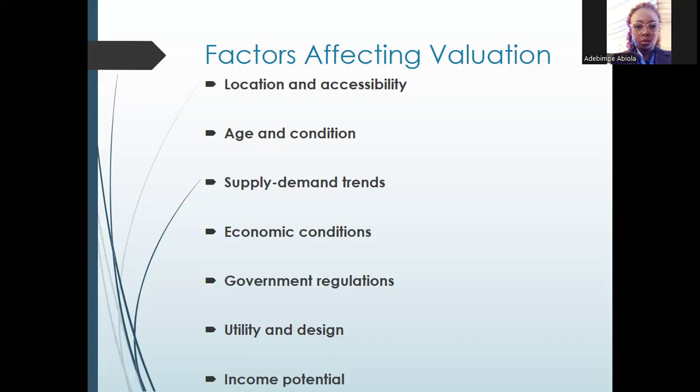Then the last one we'll be considering is the properties that have income potential, because let's say an owner occupation property, because we believe that after you might have finished building such a house, it's just there. You are the one living there. It's not commanding any income for you. But in a situation whereby